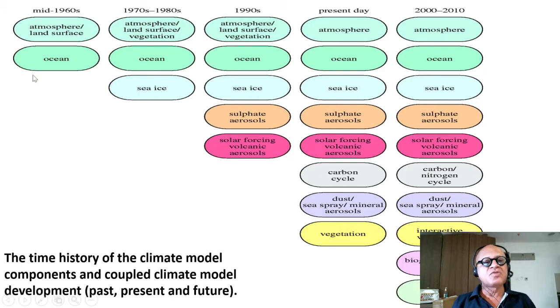Okay. So models evolved this way in terms of their history. I think I showed one version of this before. Mid 1960s, atmosphere and land surface were being modeled already in GFDL, and ocean was being modeled as well. Suki Manabe, Kirk Bryan, and all the other big names from there have played a tremendous role in setting these up. 70s and 80s, we added vegetation, we added sea ice. By the 90s, there were aerosols in the atmosphere and solar forcing, as well as volcanic aerosols, and now you have the carbon cycle,